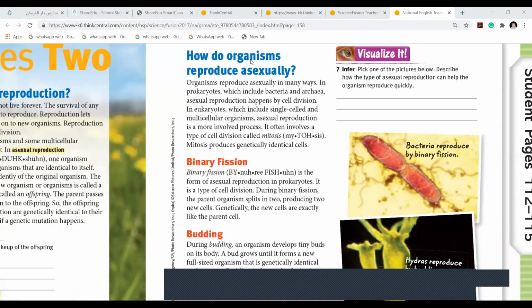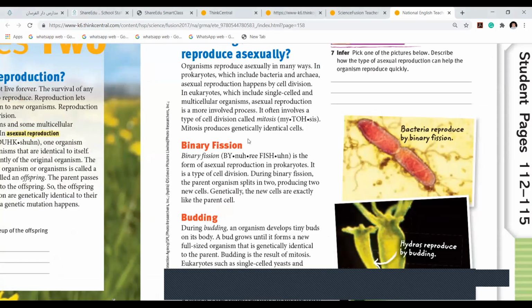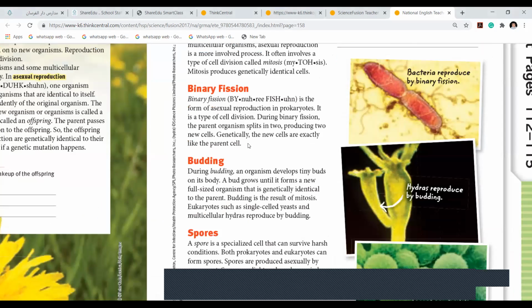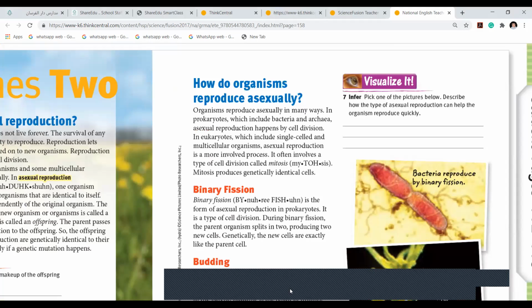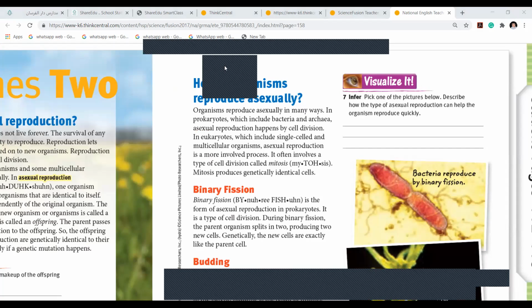How do organisms reproduce asexually? Girls, you need to remember when I ask you, how do they reproduce asexually? This question, when I ask you tomorrow, how do organisms reproduce asexually? You just have to say me through